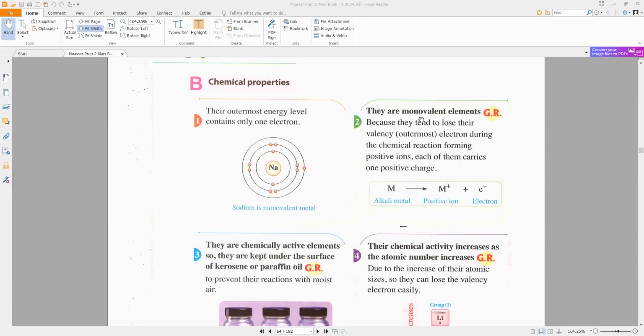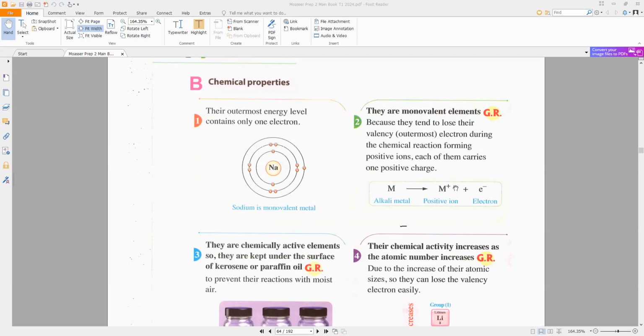Monovalent means it loses one electron during a chemical reaction. When it enters a chemical reaction, it loses the one valence electron, the electron in the outermost shell, and changes to a positive ion,